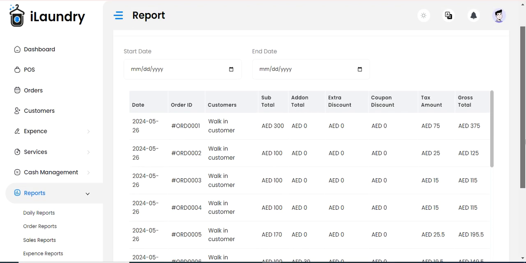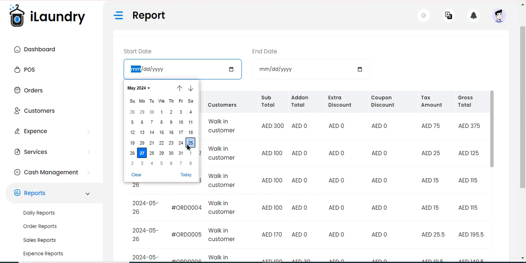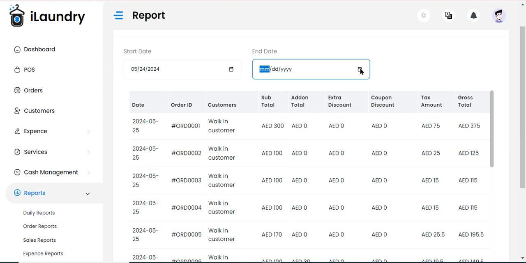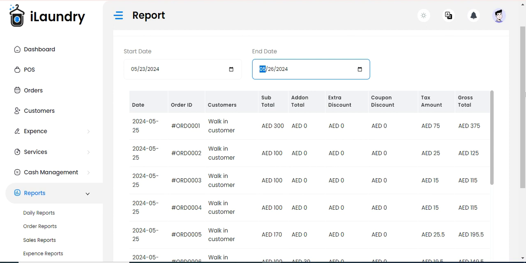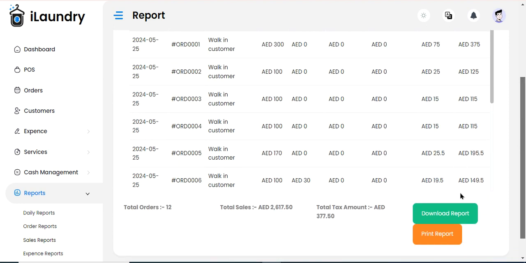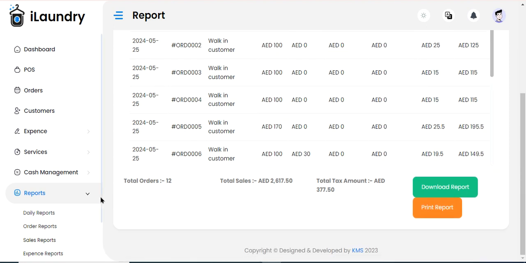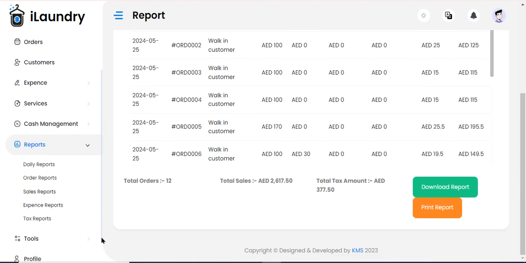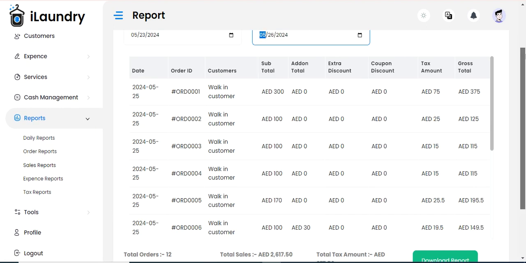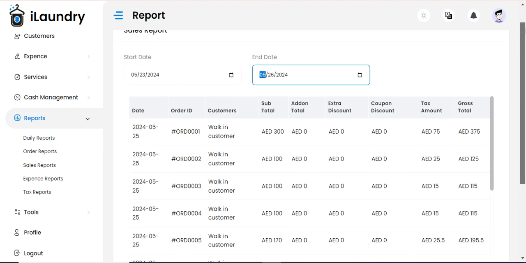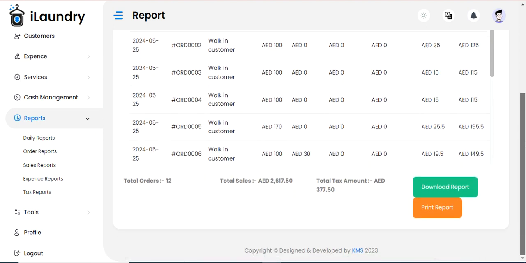Also you can search by date, like which date to which date you want to check. 25 to today. Okay, just select it, and it will come day wise. And you can also download and print the report. See, and mainly you can access it by your phone also. So everything is available, and there is separate owner access, owner password, and separately the manager, and something like cashier,